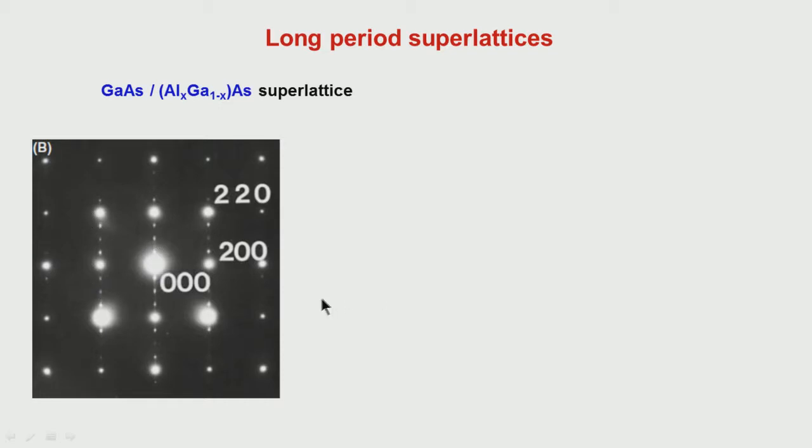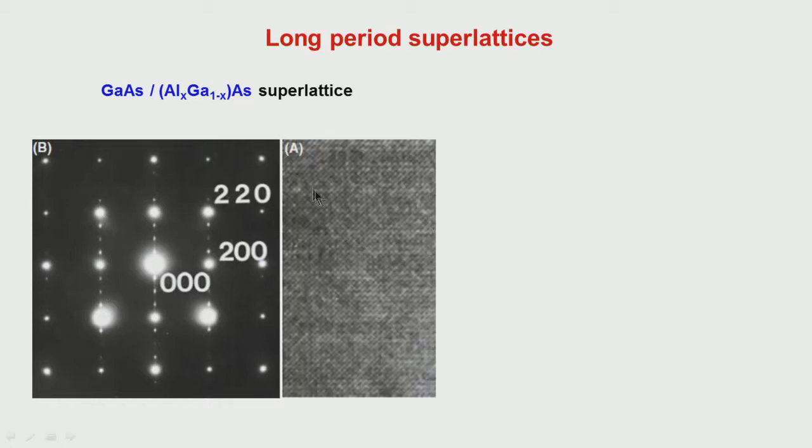These reflections are coming because it is a multi-layered film, where the thickness of the film is 4 times that of the lattice parameter of that structure. This is a high resolution picture, all taken from the literature. If you look carefully, there is a slight variation in contrast here. This could be observed using another technique called C contrast. I will talk about that towards the end of the lecture. The last few lectures I will devote to the modern new techniques of imaging in electron microscopy.